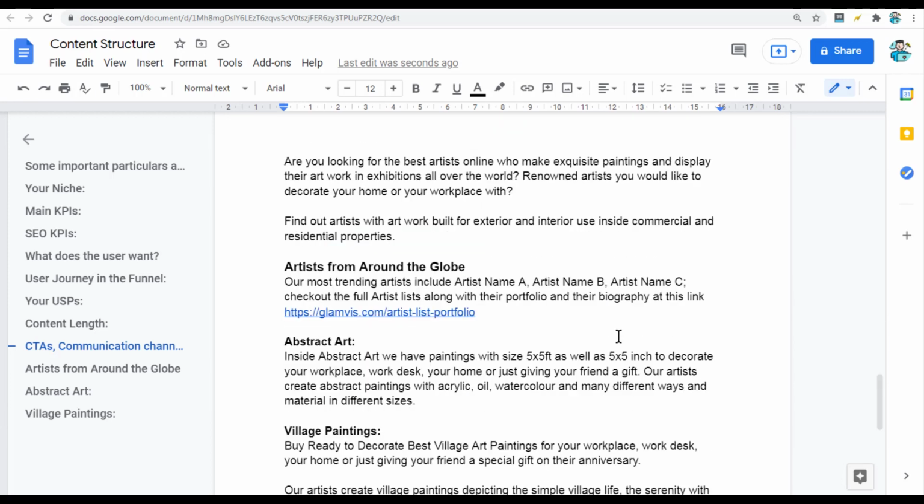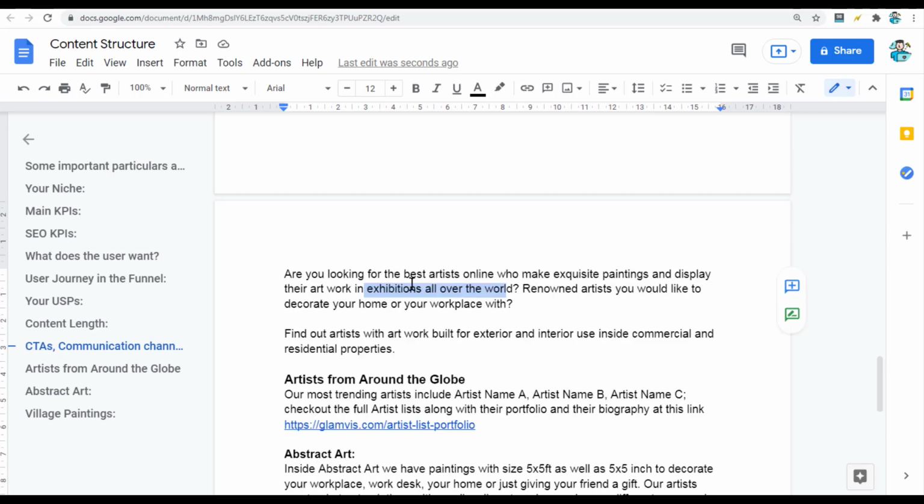Then we have mentioned exhibitions. So there's a customer who wants to buy from an artist whose work is promoted in exhibitions all over the world. This is the high priority customer, and the customer search query also includes famous artists whose work is in exhibitions all over the world. So they have queries like these.